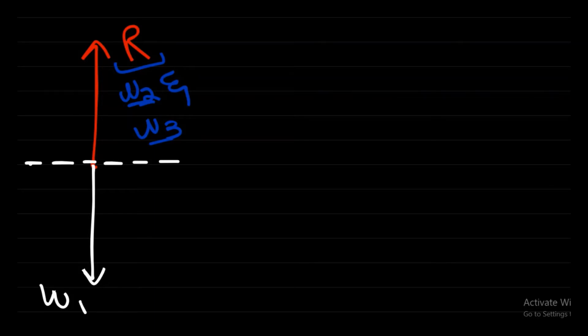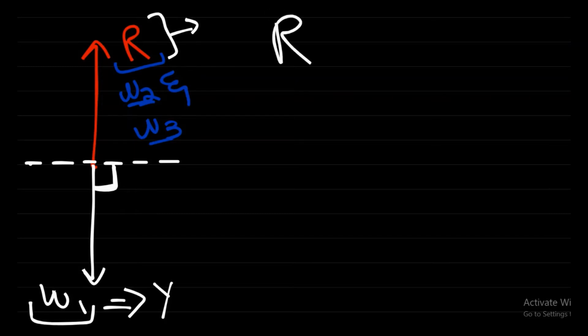One thing that you can be sure about from your observation and experimental setup is that this W1 is perpendicular to a horizontal reference line, because this W1 was a freely hanging weight. So it means that W1 only has a Y component. W1 does not have any X component. If W1 doesn't have an X component, it means that this R cannot have an X component either. Because if R has any X component, there is no other force to balance it out, and we have to balance everything because